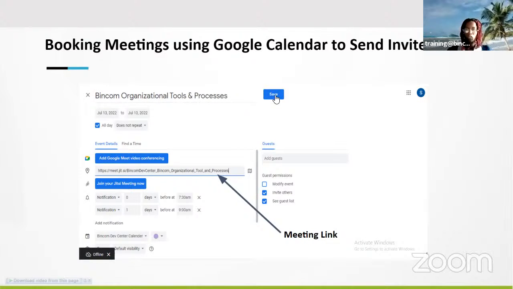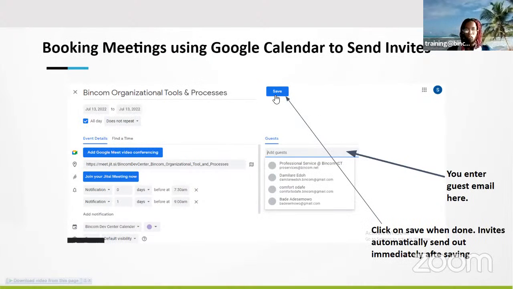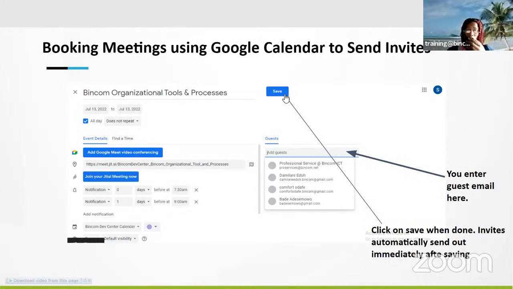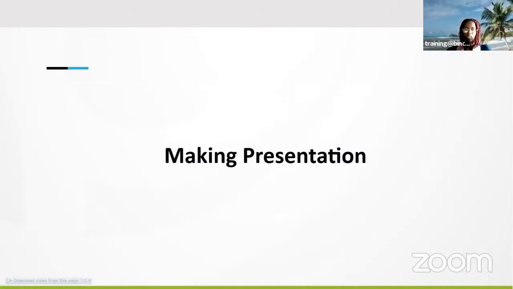Once you click on save, there's going to be an option of save, send, or don't send. If you click on send, everybody who has been added as your guest will get a sample of what that meeting is. They'll get it sent to their emails automatically.